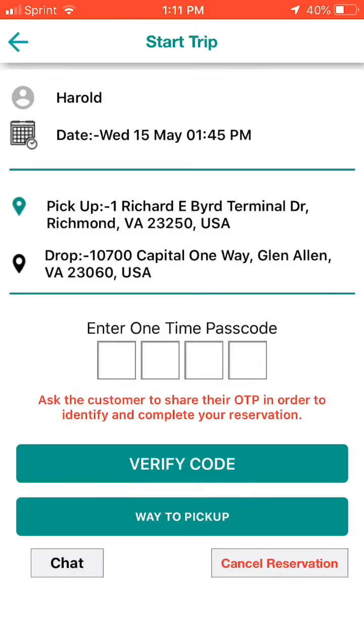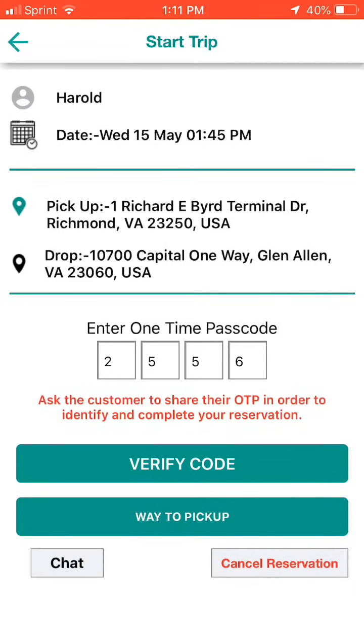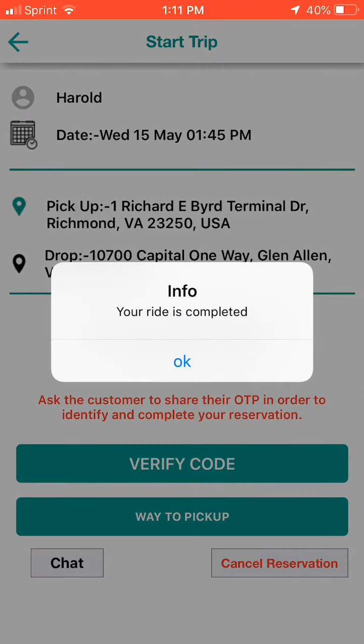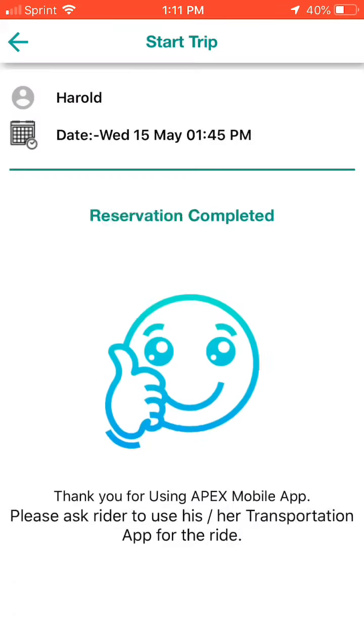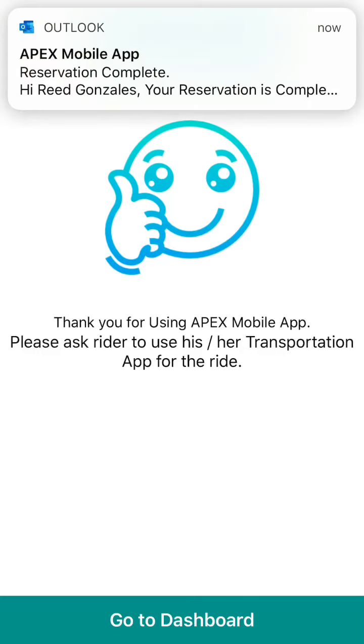When your rider meets you at your car, have them provide to you the OTP, their one-time passcode. This is a great safety feature to help confirm that you are their driver and that they are your rider. Once you enter and verify their OTP in your app, your reservation is complete. At this time, you can both open your transportation provider apps and have them request their ride in order to